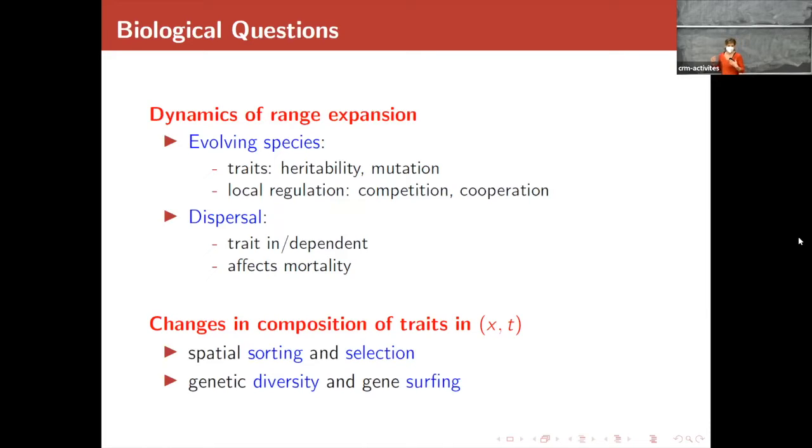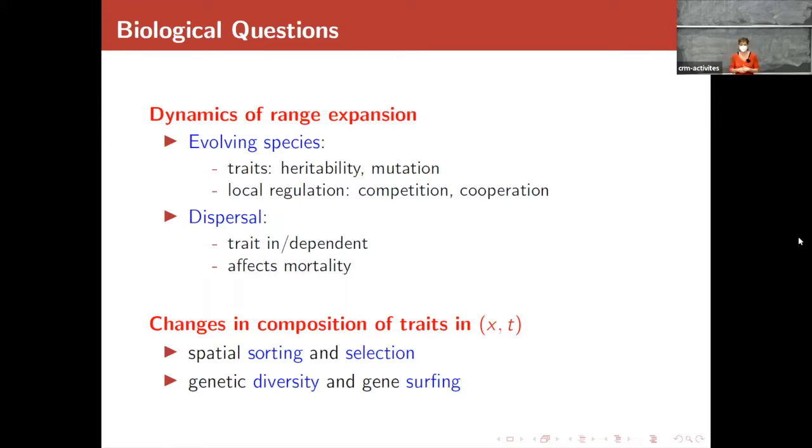So what I'm talking about is a theoretical ecology problem, which involves essentially evolution of different species and then their expansion in a spatial domain. And so what one is interested in is dynamics of range expansion. So you have sort of two components. One is the traits of the species, right? And the dynamics on the traits because of